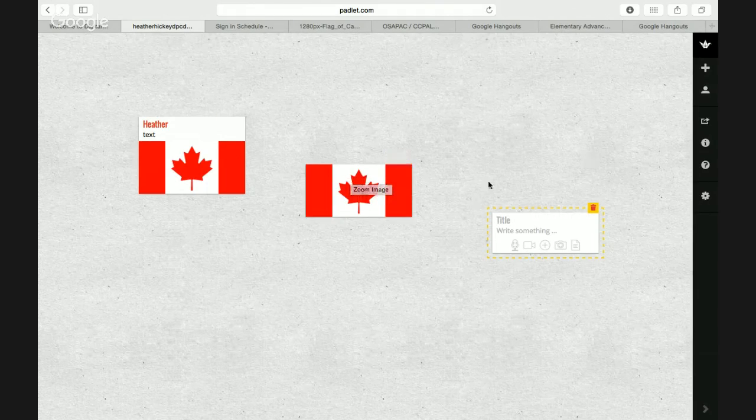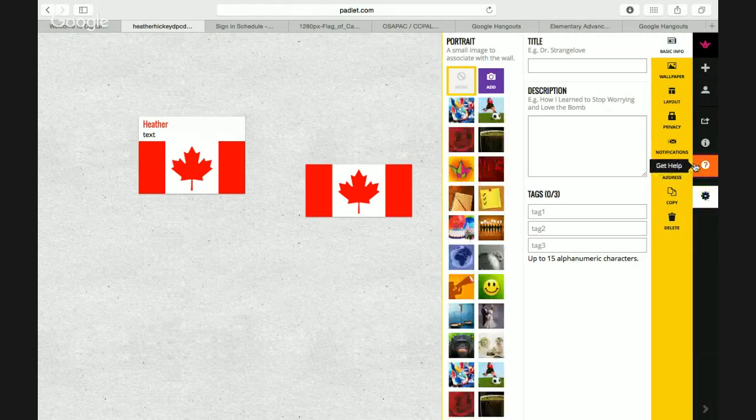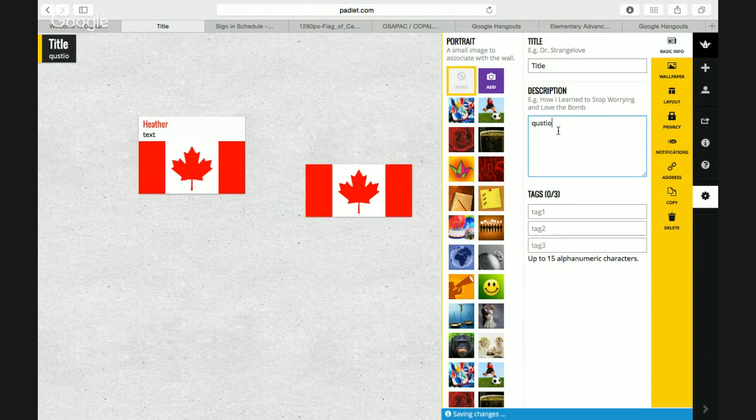So what I'm going to do now is just show you how you can manipulate this board. So if you look on the right-hand side, you have a taskbar here. And I'm going to go to this wheel here that says modify this Padlet. When I click that, it generates a second sub-taskbar. So the first thing that it asks for is a title. So if you're titling your Padlet for something, or perhaps you are posing a question to your students,